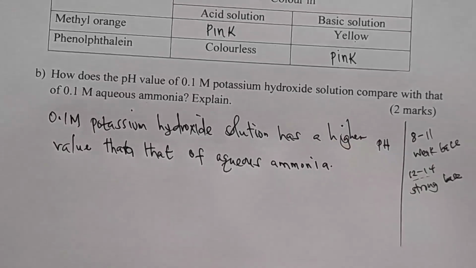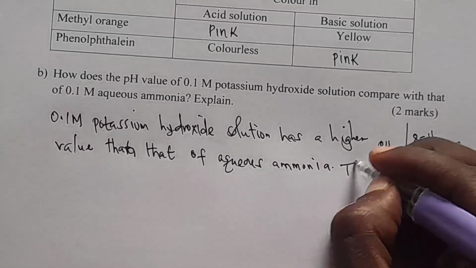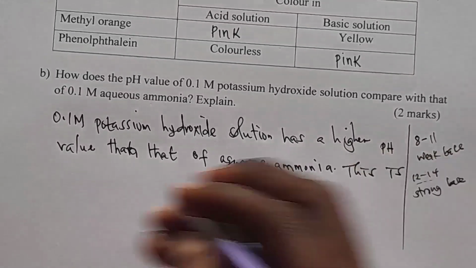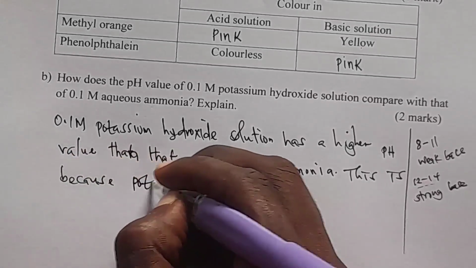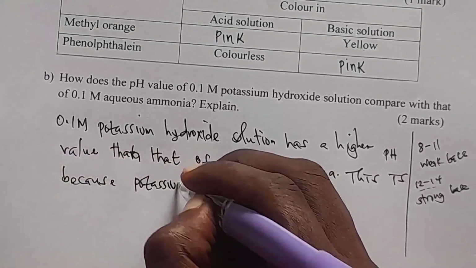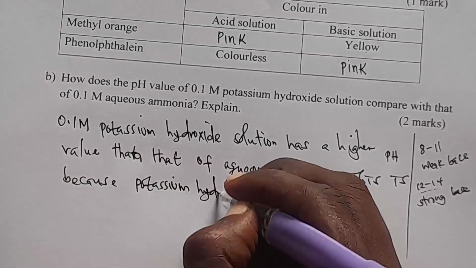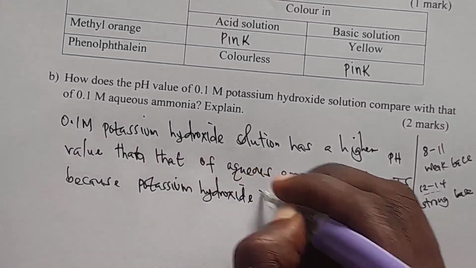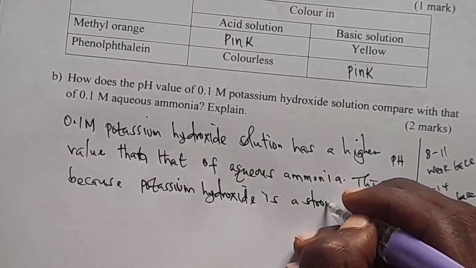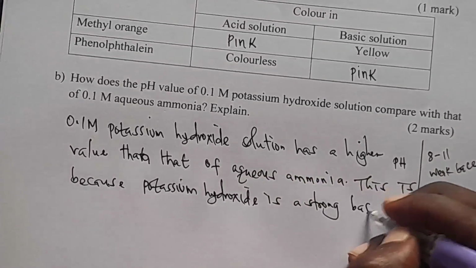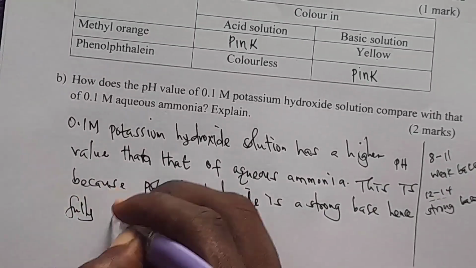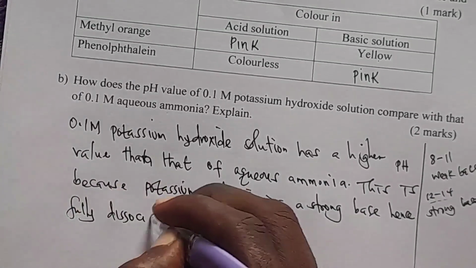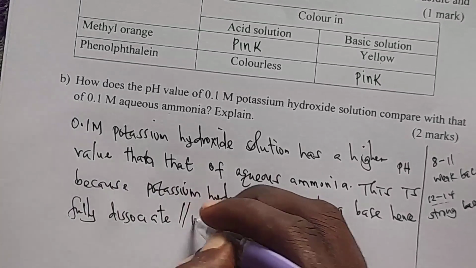So to explain, we are going to say this is because potassium hydroxide is a strong base, hence fully dissociates or fully ionizes,